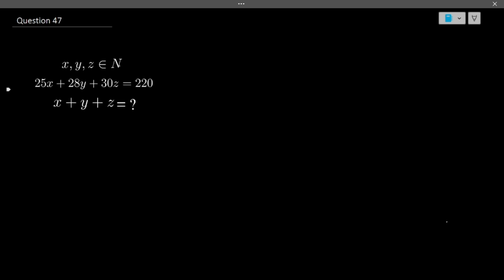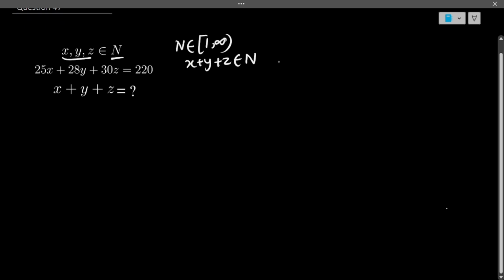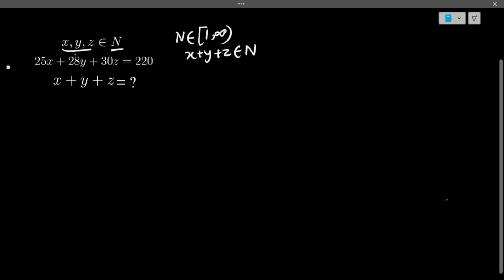So what is N here? N is actually the set of all natural numbers. And what are natural numbers? Natural numbers are the integers from 1 to infinity. So x, y, z are three natural numbers. So x plus y plus z will also be a natural number and we need to find it. Okay, so let's take a quantity